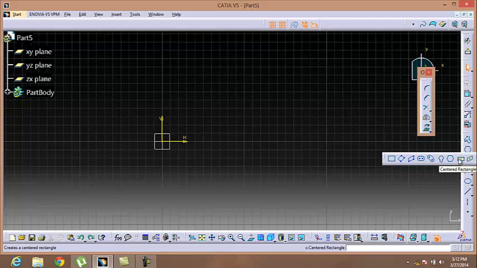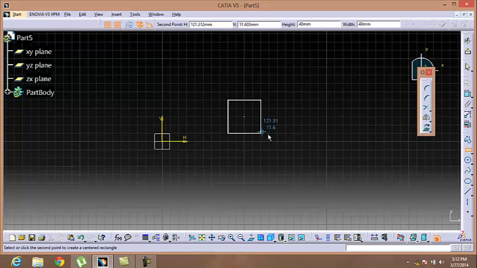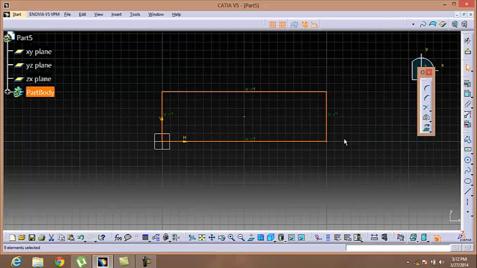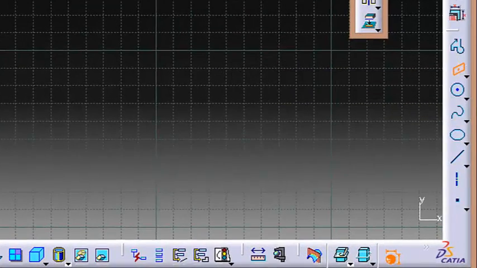The next one is the centered rectangle. We have to choose a center and the rectangle as per our requirement. Similarly, the last tool of this menu is the centered parallelogram. We have to choose a center